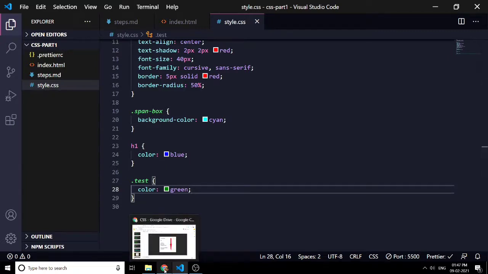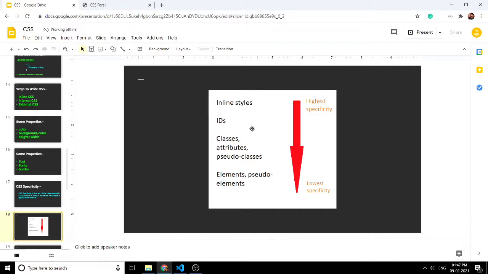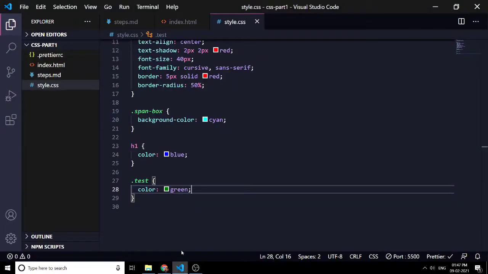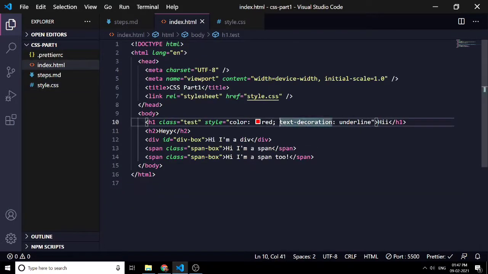If we go with the help of this chart, we have one inline style, one class style, and one element style. So we can assume that the inline style, which is of color red, must still be applied as it has the highest specificity. Let's see. You can see it's still red. So let's get rid of the inline style.